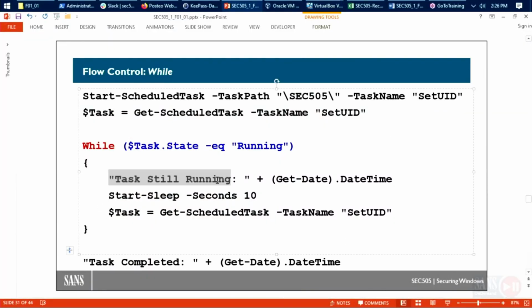All right, so what's going on here? I take a string, and I'm concatenating another string to the end of it. But in this case, I'm using the grouping technique to get the date and time in the local language and formatting of the machine. Now the next line, it says Start-Sleep